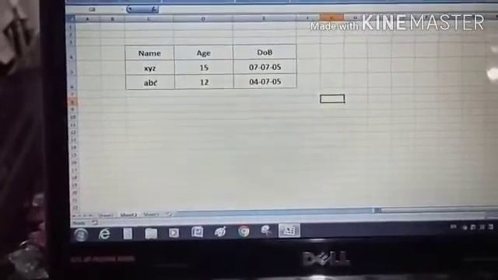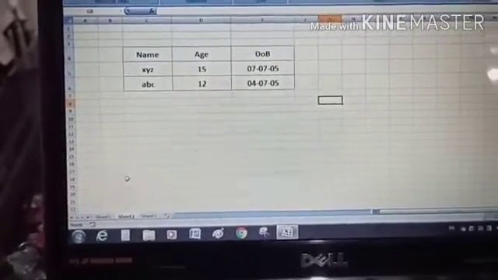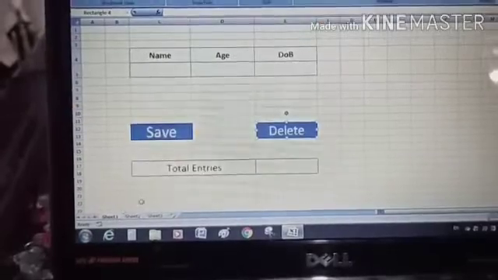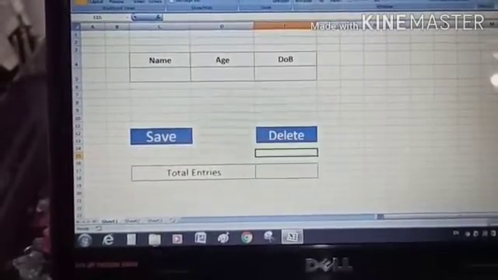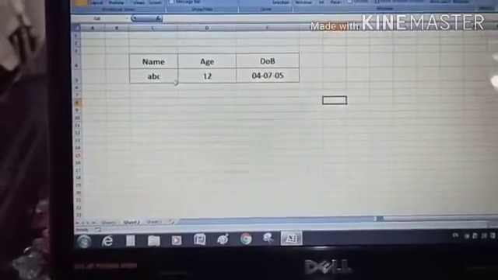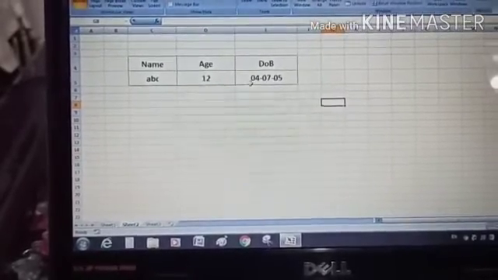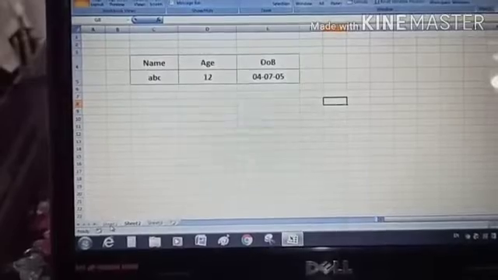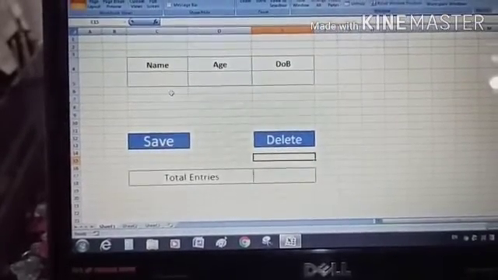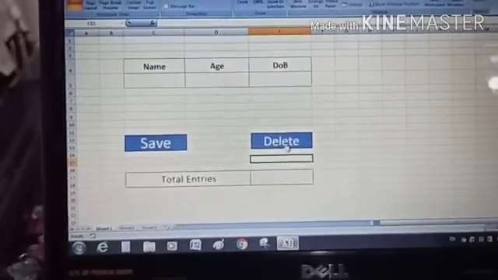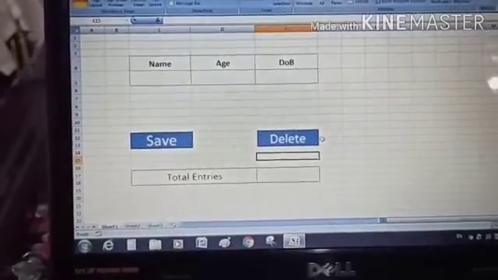So you can see here are two records. Go to the sheet number 1, click here. Now there is only one record. So in this way, with the help of macro, you can insert records and you can delete these records also.